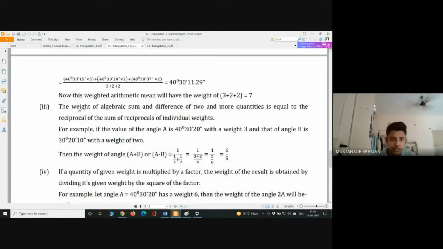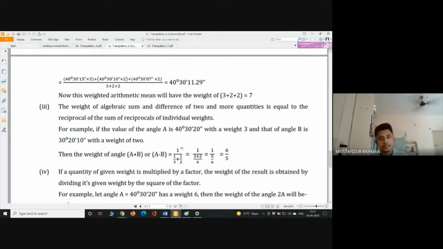Then point number 3: if we take the algebraic sum or difference of 2 or more quantities, then the weight will be equal to the reciprocal of the sum of reciprocals of the weights. It is like this. Take the example: we have one angle A, the value is given with a weight 3, so we have measured it 3 times and taken the average. Another angle B has been measured twice and the weight is 2, because it is measured twice and the mean value noted down. Now what will be the weight of the angle A plus B or A minus B? Because we are adding them up or subtracting,